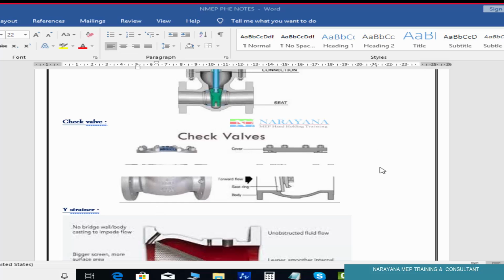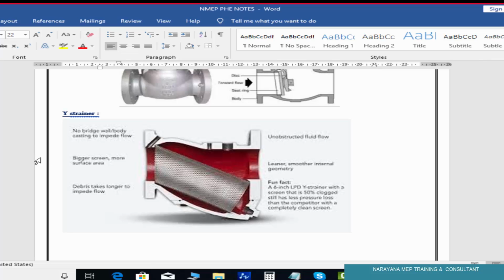Next is this one, also a check valve. This is also clear, right? Now is the wire strainer. We will use it in this, the tank.